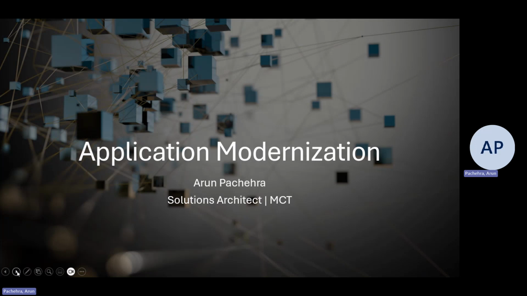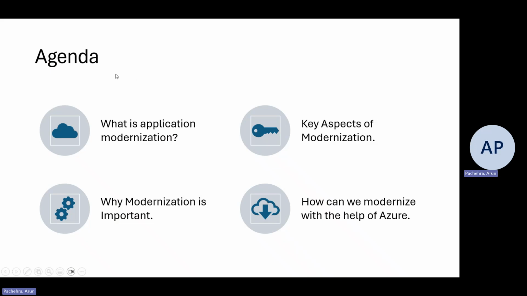Let's check out the agenda first. So we will understand what application modernization is first, what this is all about. Then we'll try to figure out all the aspects of modernization so that we can perform modernization, and we will understand why modernization. These aspects are directly related to why, so you can easily relate. Then we'll see how we can modernize with the help of Azure features and functionalities. So let's start with